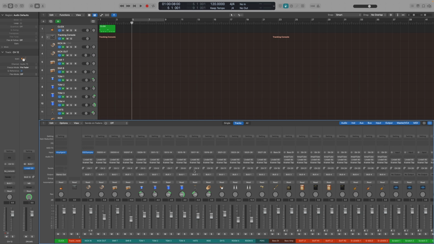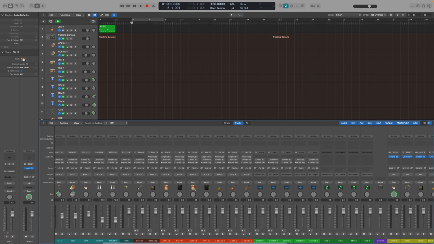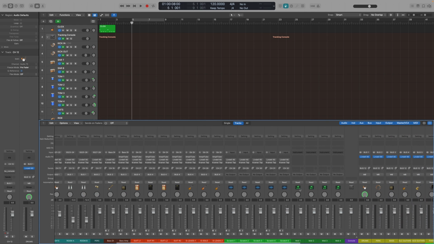Okay guys, so here's the tracking side of the template. Now I just have this laid out how I would want to start. If you're writing electronic music or you're a jazz trio, you'd probably want to set up something a little bit different, but for me, this is a starting point for what I'm generally doing. So drums, bass, guitar, a few extra scratch tracks, and then some MIDI tracks ready to go